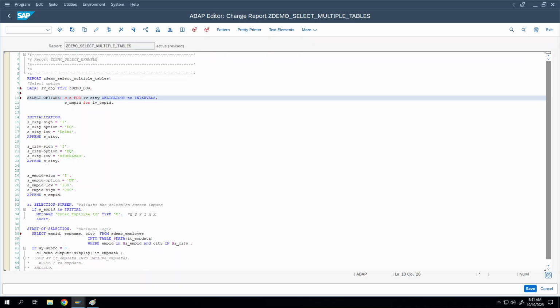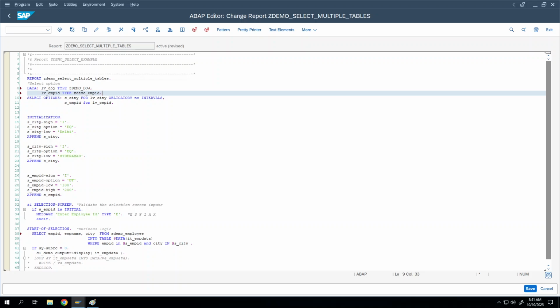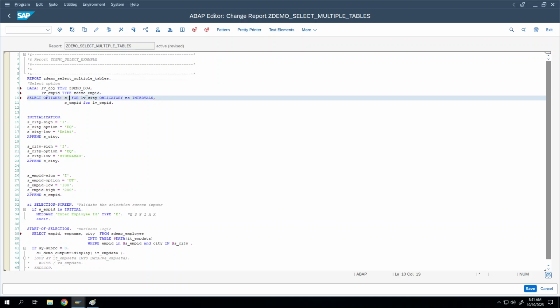Or let's keep the employee ID. No harm, right? Anyway, we are using it. I'll change it to DOJ. I'll select data by date of join and employee ID combination. LV underscore DOJ, date of join. Okay. Now,